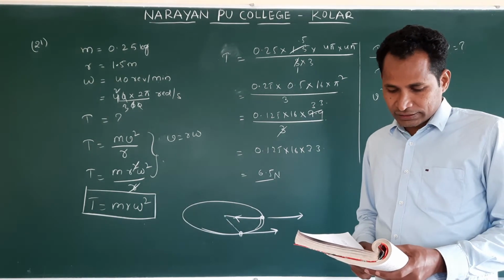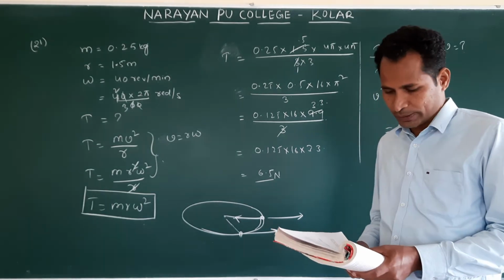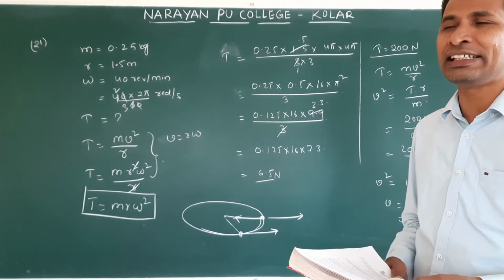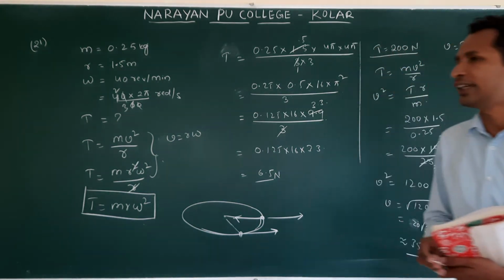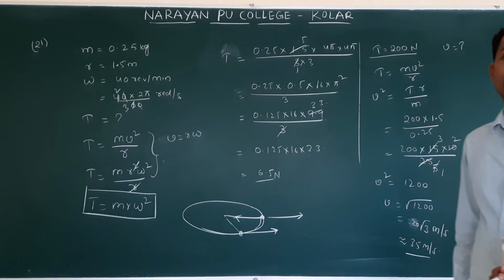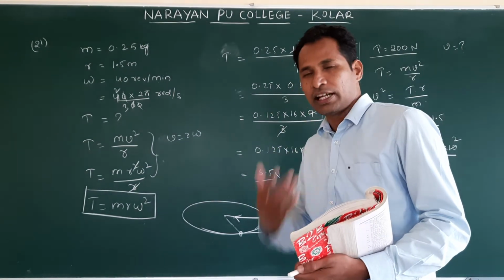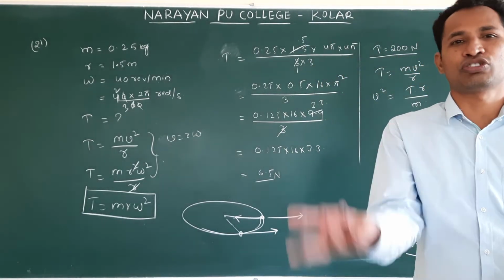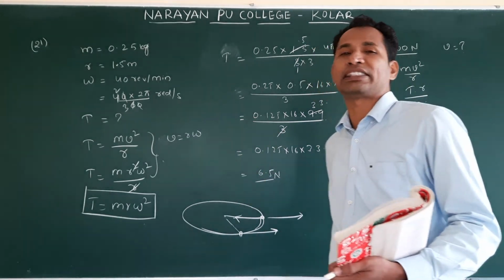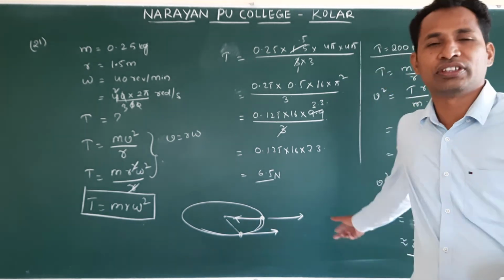Next, it is easier to pull a lawn mover than push. This I will explain. Next, the cricketer moves his hands backward while holding the catch. Why is that? To reduce the impulse. Already I mentioned large force acts for a short interval of time. Okay, if we do not lower the hands, what happens? The ball will rebound from the hands. It will not be a safe catch. So to increase the impact time. If impact time increases, impulsive force decreases.